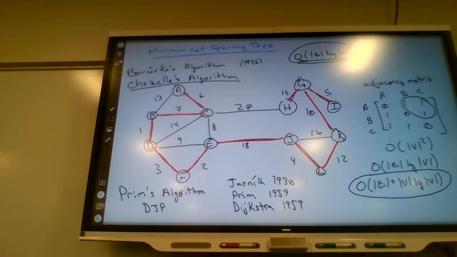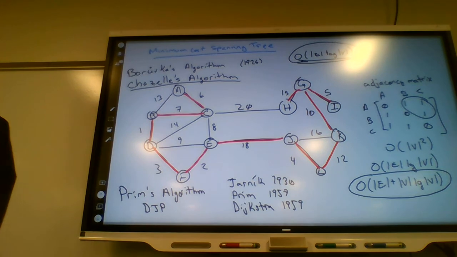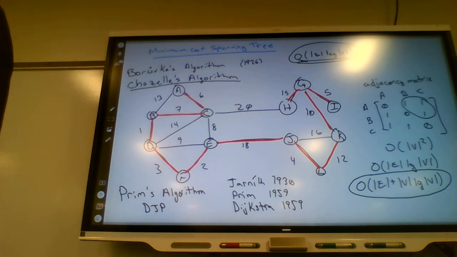We'll have to check again and again. Is it in the same component? Okay, no, so let's add this edge. Later on, are these in the same component? Okay, well, let's check. If we haven't saved that in a good way, then there's a lot of work involved. Okay, so just very briefly, I want to talk about a function that comes up in the actual